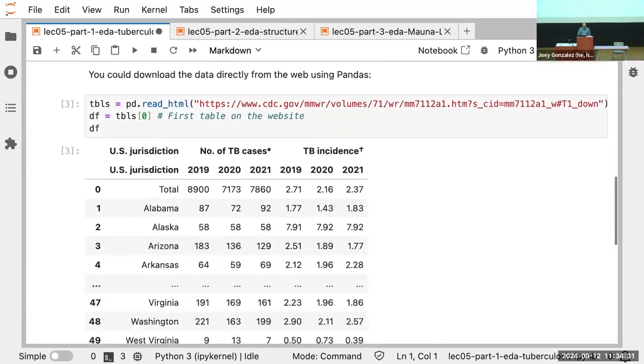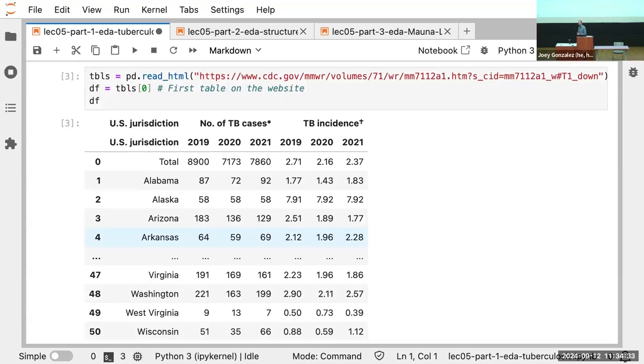And that gets the first table as a data frame. Okay. Now, in this lecture, I'm going to work on CSV files, but I want you to know this because you can do data science on things that are interesting to you. And one way to learn stuff in this class is to do everything in this class, but in addition, do something that is exciting to you. There's probably a data set in the world that you're like, hey, I wonder what would happen if I did this. It is very easy to start playing with data.